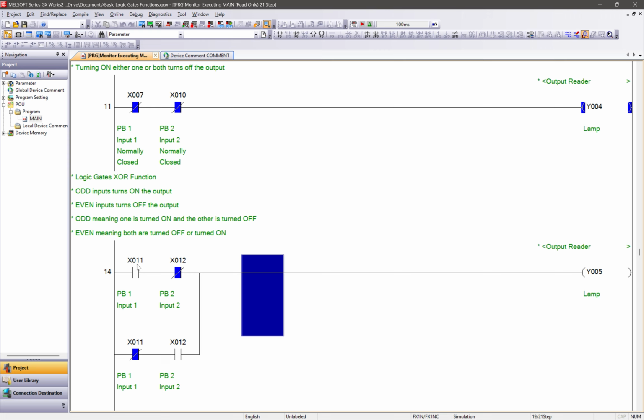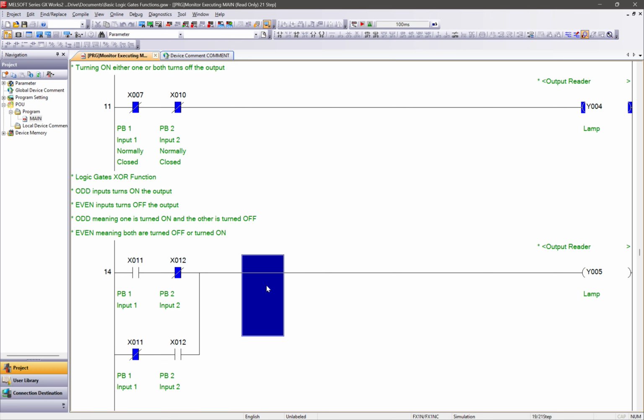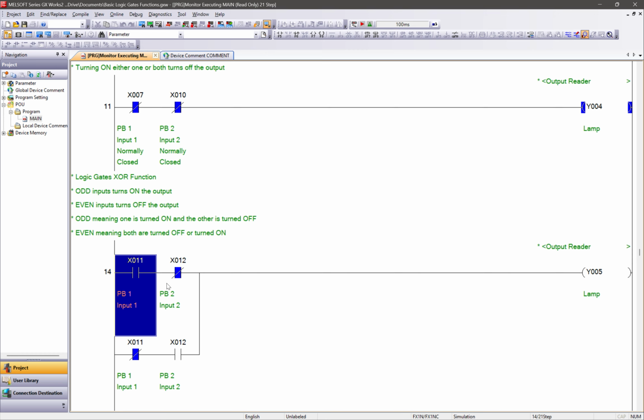But in this case, the normally open contact is not connected to the lamp, which makes the lamp not energized. Both are in 0 since both are in default form. By pressing Shift Enter, X011 will have an input of 1.